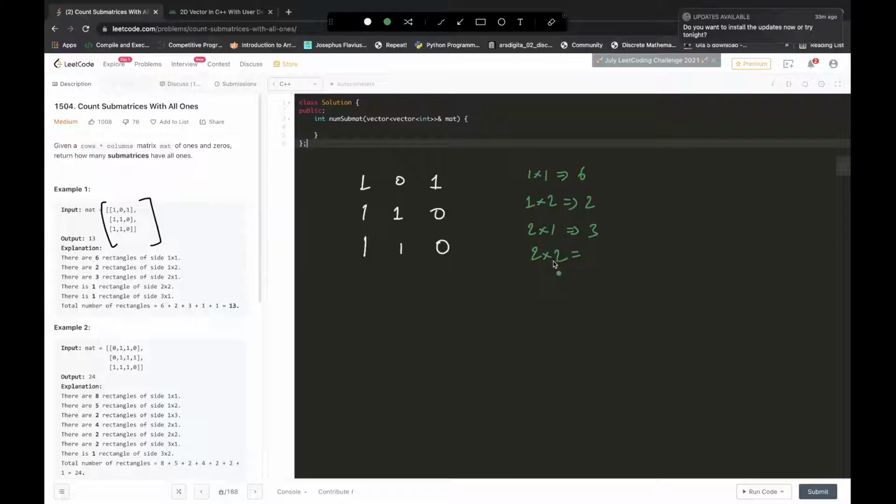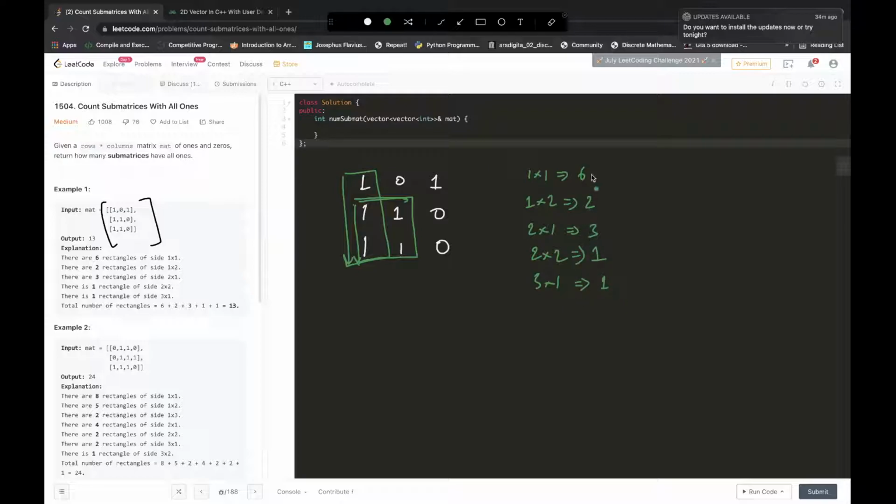That means height is 2 and width is 2. We can see only one rectangle of such a dimension. Now let's see how many rectangles are of 3 cross 1. 3 cross 1 means 3 is the height, 1 is the width. We can see we have only one rectangle over here.